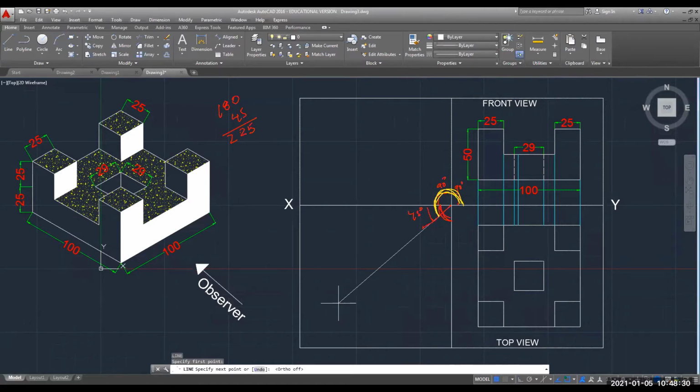Now tell me what will be the command for that using your polar coordinate system. The angle you have told me is 225. Can anyone tell me? In the last class also I showed you how to draw that. Yes, first you have to write down the length. Suppose I want to draw a line of length 150, at the rate. What is the angle? 225. Press enter.